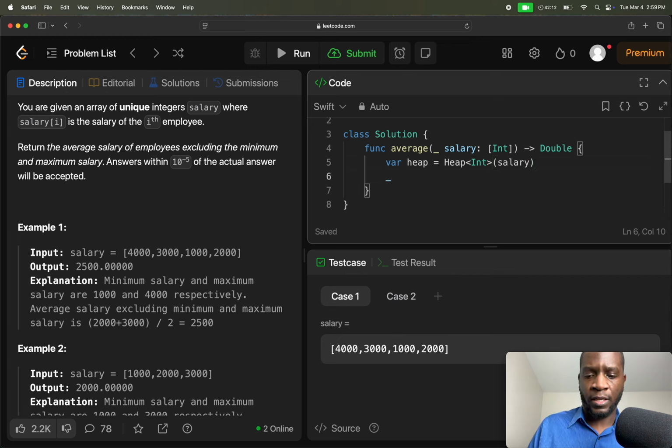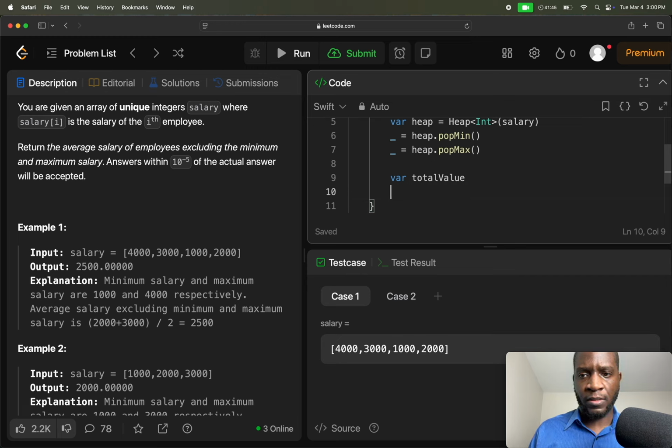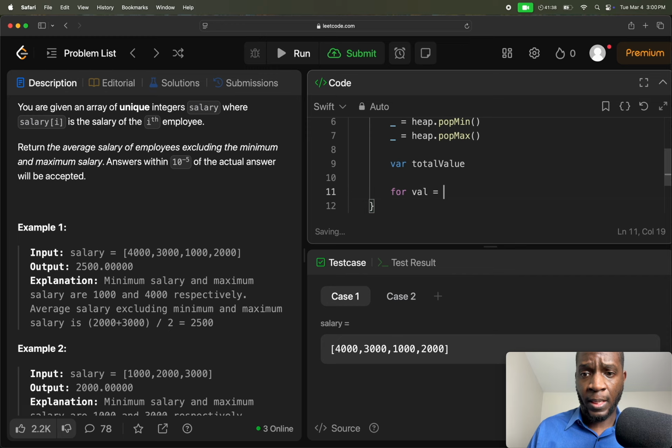And then I'll say heap dot pop min, heap dot pop max. Then I'll create a total value. And I'll say for value in heap,